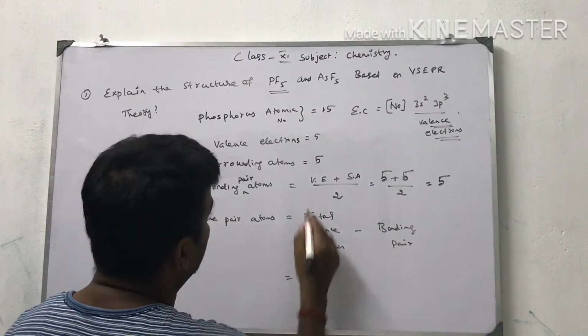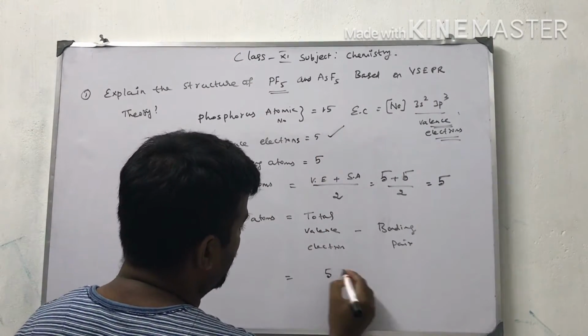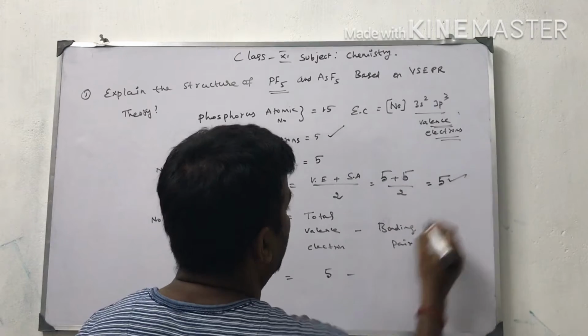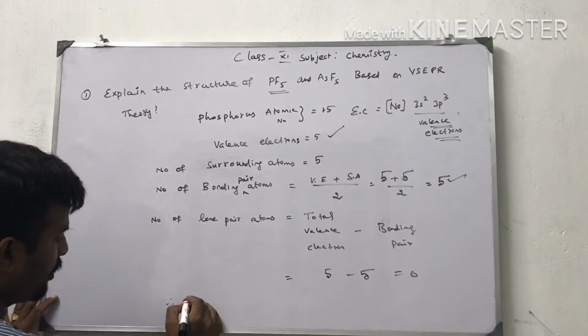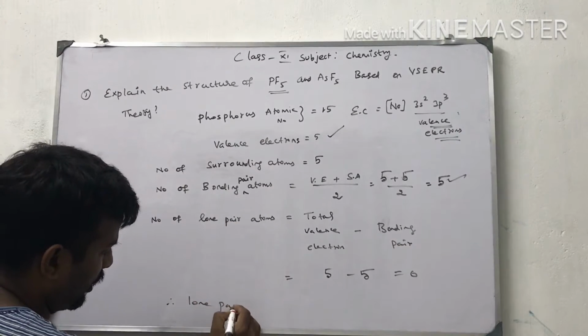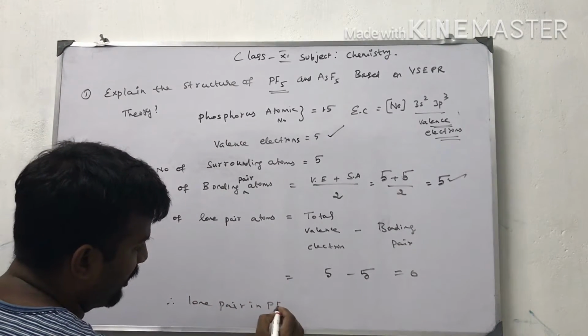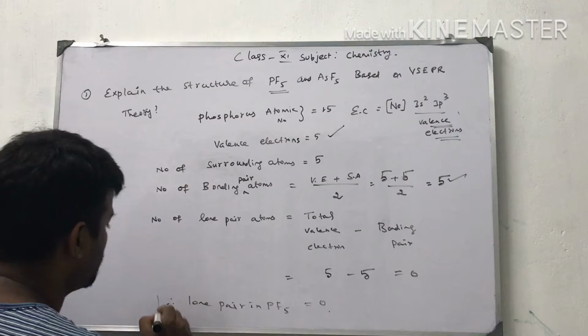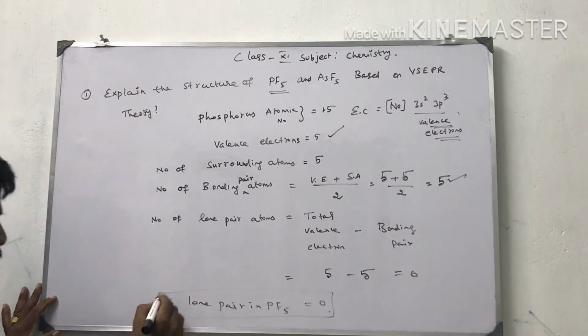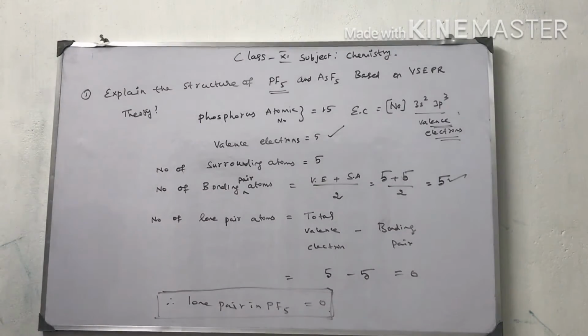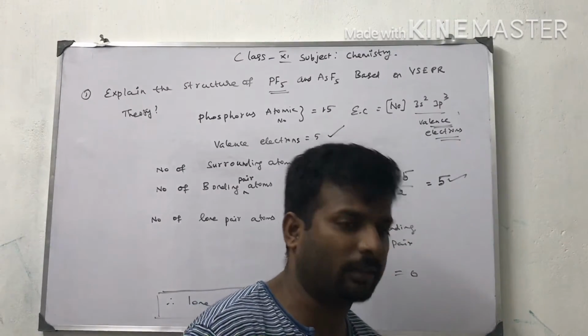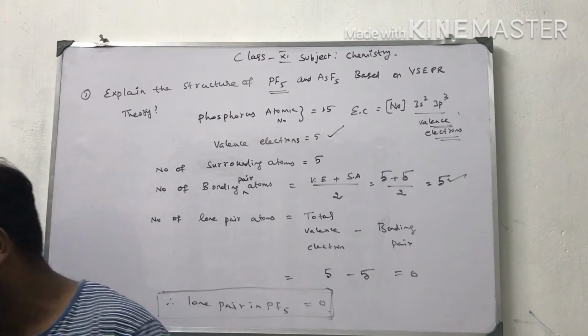So how many total valence electrons? 5. So 5 minus how many bonding pairs are there? 5. So 5 minus 5 equals 0. Therefore lone pairs in PF5 equal 0. So these things are also important in this question. This is the way to find how many lone pairs and how many bond pairs are present in